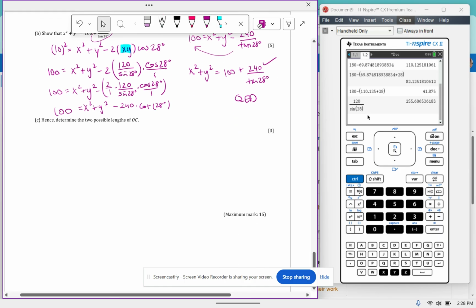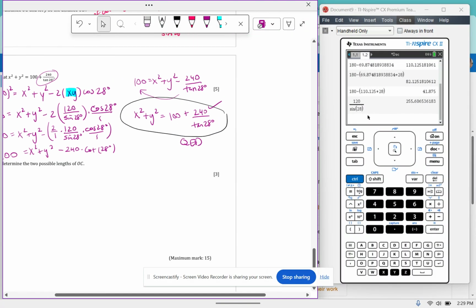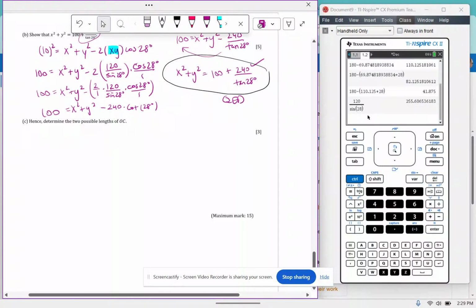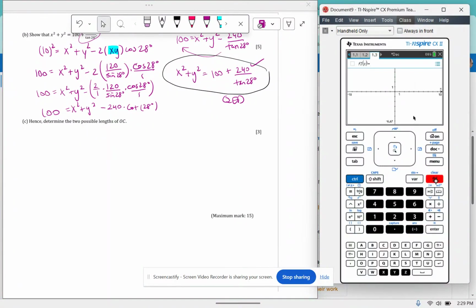This is a calculator question, reminder. So I'm going to graph this guy in relation mode, and then I'm going to put the other equivalent representation of xy as my second function. I'm going to see where they intersect, and then that's going to give me my solutions. So that's my plan. Here we go. I'm going to be in relation mode, and I'm going to type in